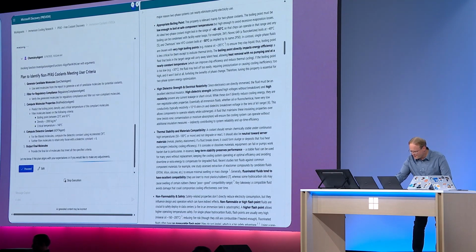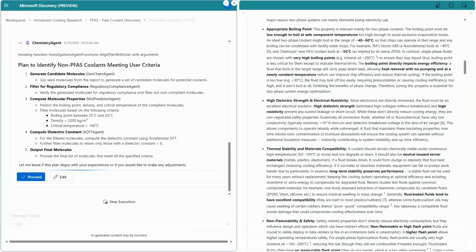And if we look right here, we can see the plan that my agents returned. It starts with a generative chemistry step here, where it creates millions of novel candidates that are more likely to meet my criteria. And then it uses AI models to screen these down quickly. And finally, we use HPC simulations for validation of our findings.